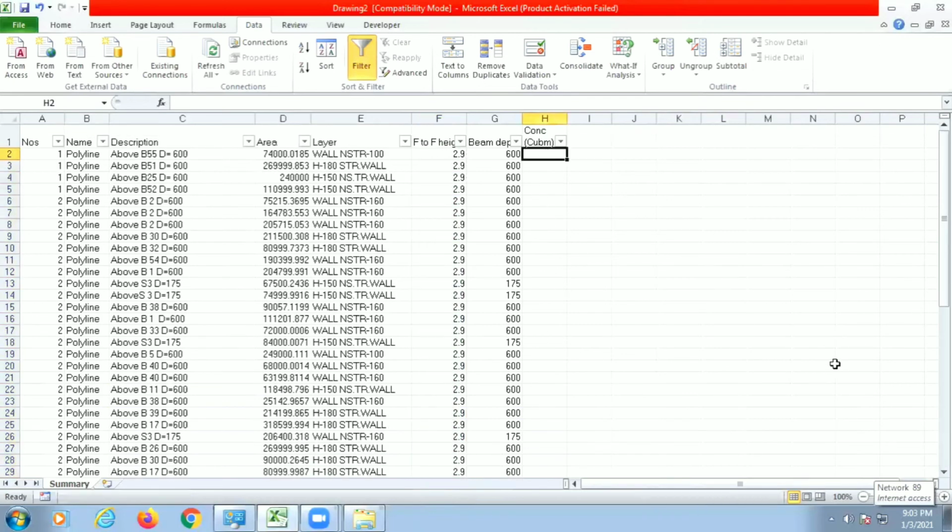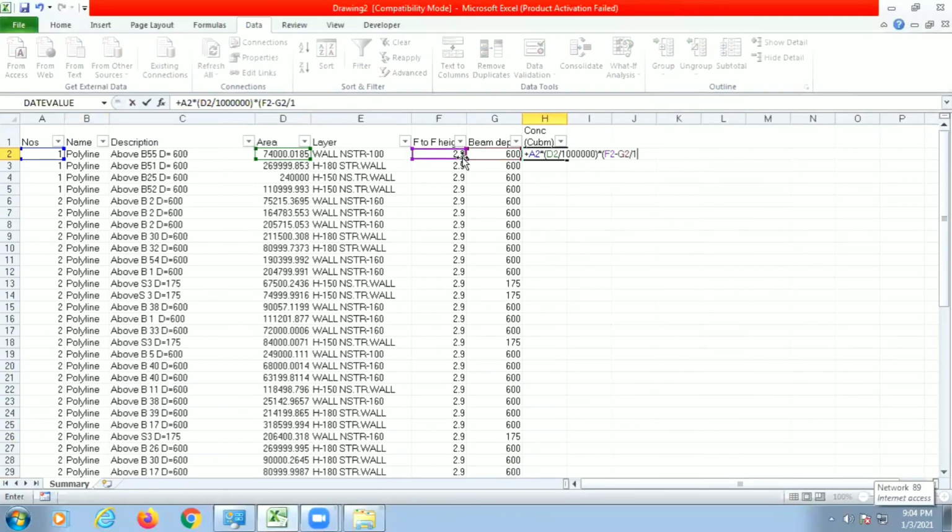Now how we will carry out our concrete quantities: first we have to select our numbers multiplied by area. I will divide area by 1, 2, 3, 4, 5, 6 to convert it into square meters. Then we will multiply it with our height, area into height, and height will also be minus beam depth. Again I will divide it by 1000 to convert it into meters.